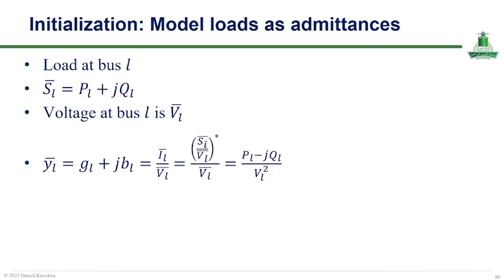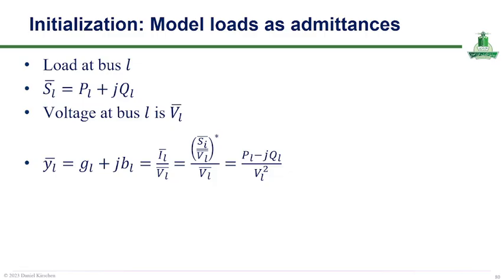So the load connected at bus L is represented by the complex power demand. S_L is equal to P_L plus jQ_L, where P_L is the active power consumed by the load and Q_L is